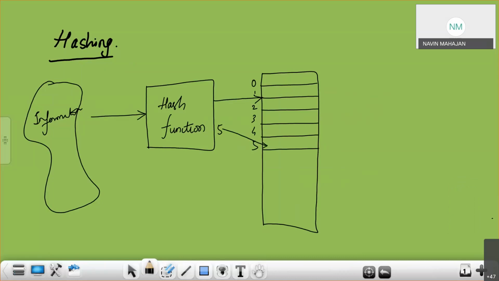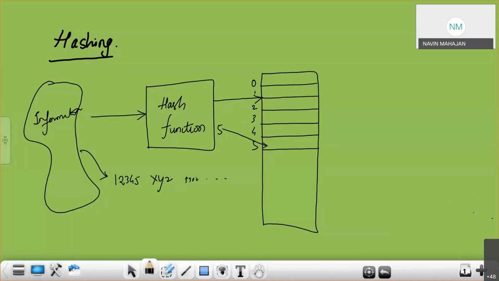Take this example. If I want to store say 12345, name is XYZ, and the date of birth is something, say 1900, and all this information.